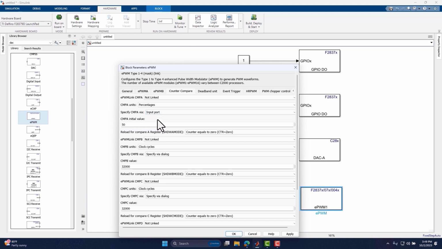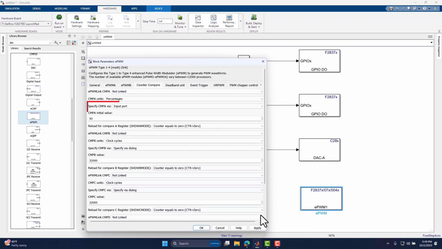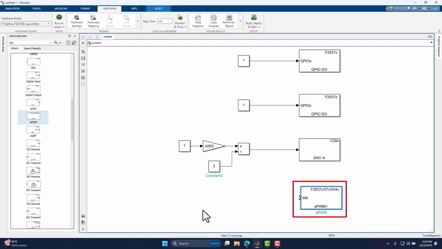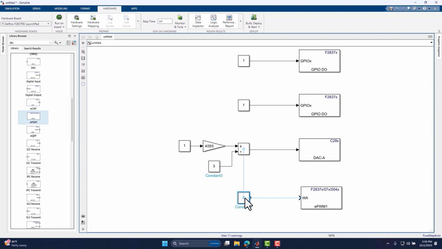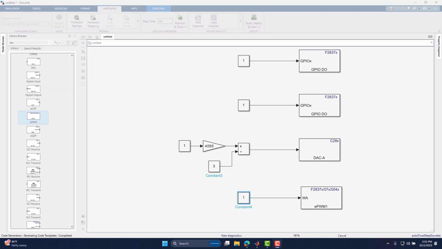Using the drop-down menu, you can change it to specify the compare A value via input port, to generate the input port on the EPWM block. This allows you to give an input signal to the compare A value, which you can use to vary the duty cycle of the EPWM signal from the application that you are developing. Let's add a constant block and connect it to the input port of the EPWM block and run the model